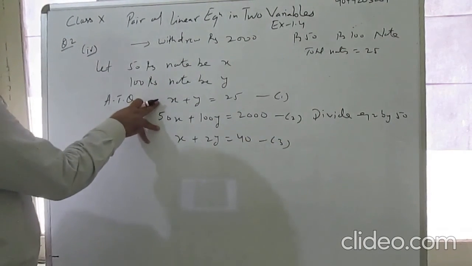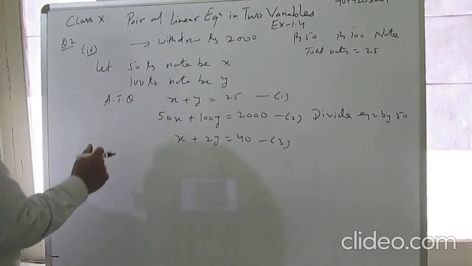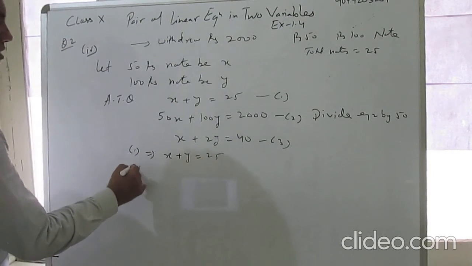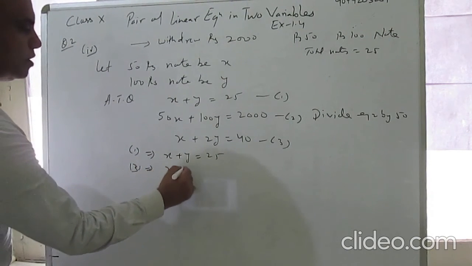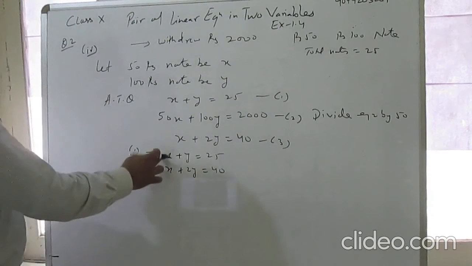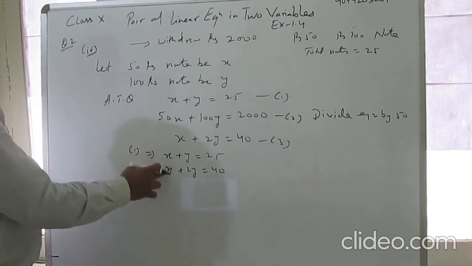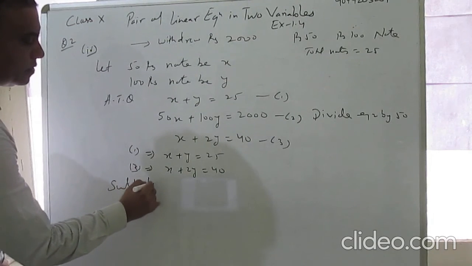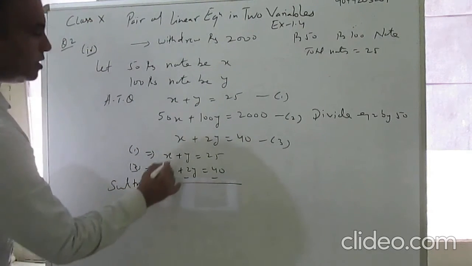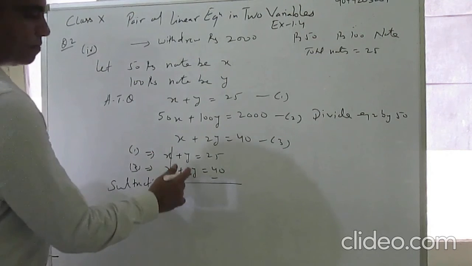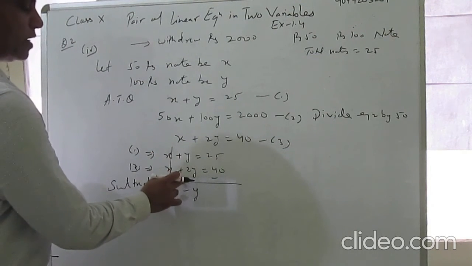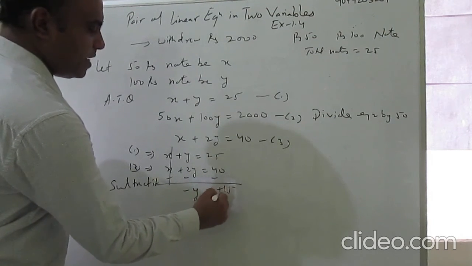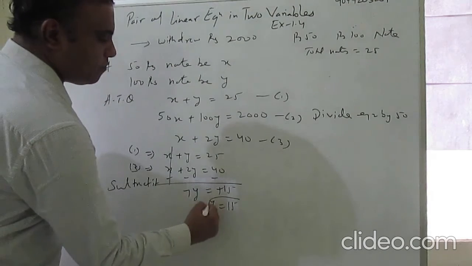Now we can eliminate first x from equation first and 3. Rewrite first again. x plus y is equal to 25. Third equation, x plus 2y is equal to 40. Here you see, variable is same, coefficients are same, and signs are same. So we will subtract it. Minus, minus, minus. This will cancel out. Minus y, 2 minus 1, minus 2 plus 1, minus y, and this is minus 15. Minus minus cancelled out, y is equal to 15.